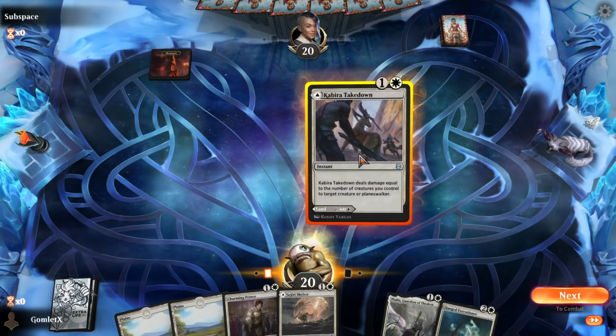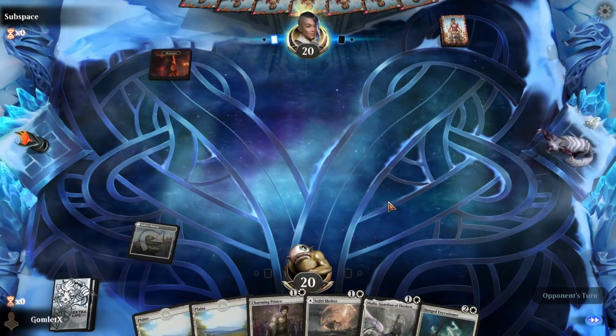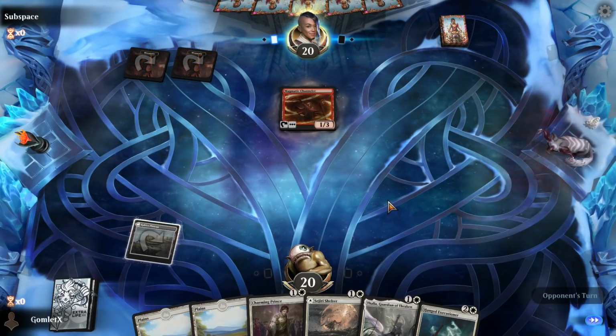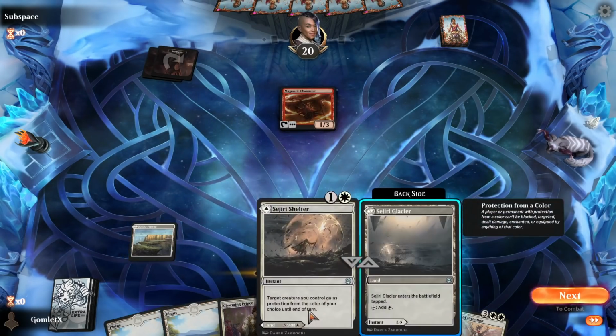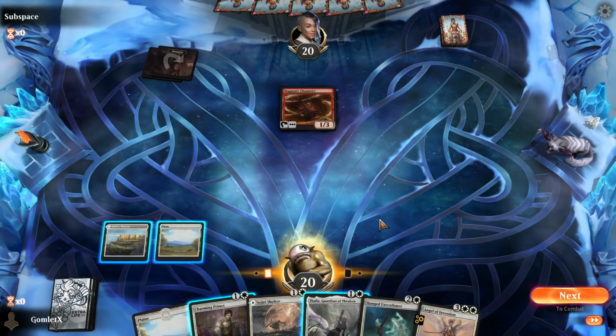I think I'm going to get rid of Kabira Takedown here. We're going to have 2 creatures max right now. I guess we'll have 4 once we have Hanged Executioner out. It just seems pretty likely against red, even if they're aggressive, that they'll be using burn spells to be shooting our creatures down, and we'll end up with not a ton on the board, so probably not doing a ton of damage with Kabira Takedown there, and Sajiri Shelter to be able to protect something from removal